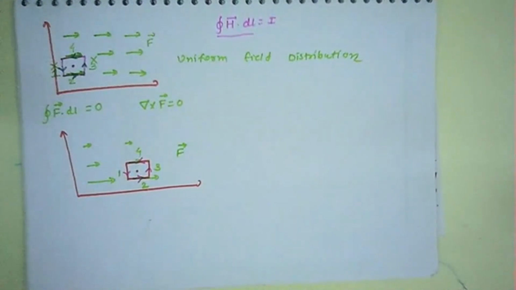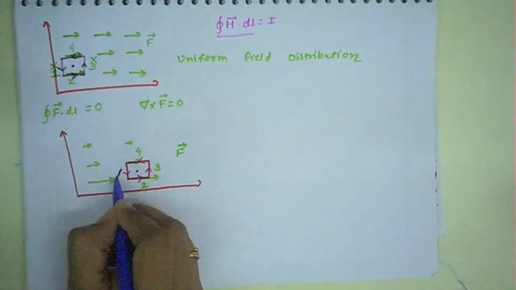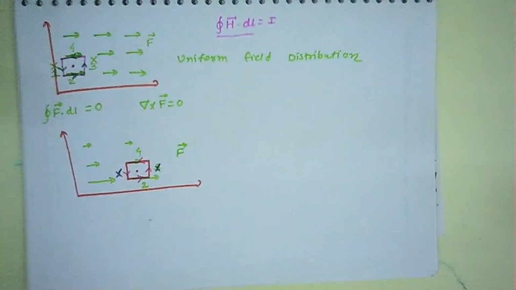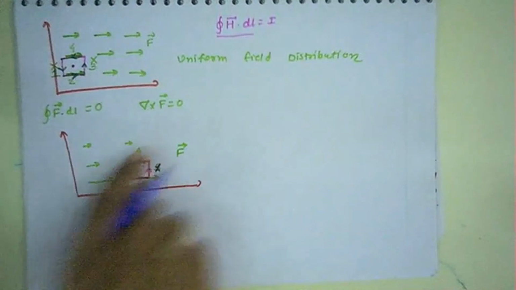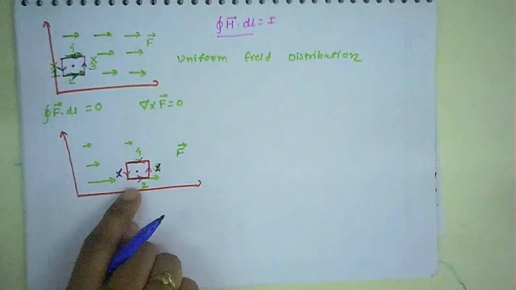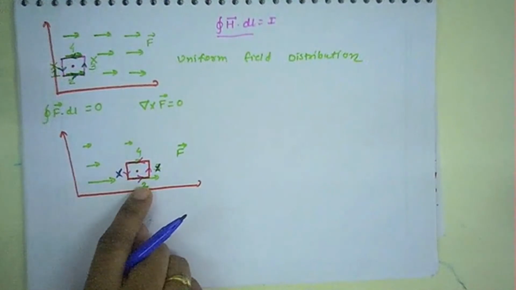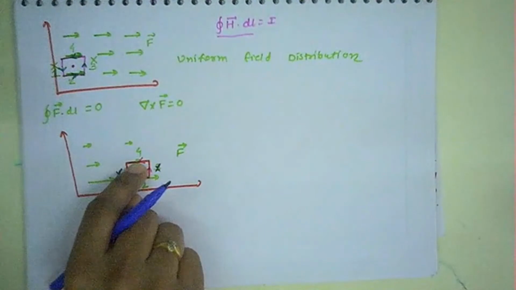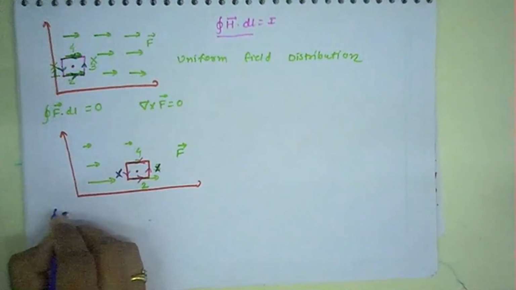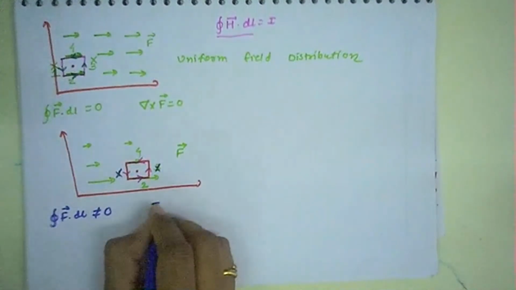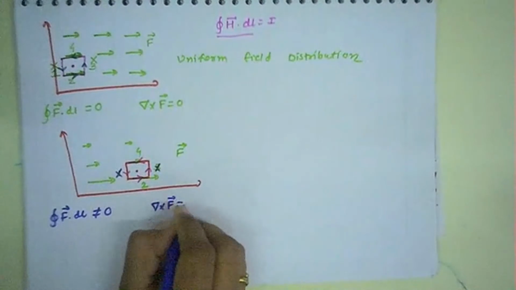Now, as it is non-uniform, again let us assign the names 1, 2, 3 and 4. Out of these 4, sides 1 and 3 are not in the direction of the field, so they are not contributing to finding the curl of this vector. Now only sides number 2 and 4 are contributing, but here, as it is non-uniform, the intensity of the field on path number 2 would be different than the intensity on path number 4. So when we consider the closed line integration, this would not be 0. Then we can consider the curl is again not 0.